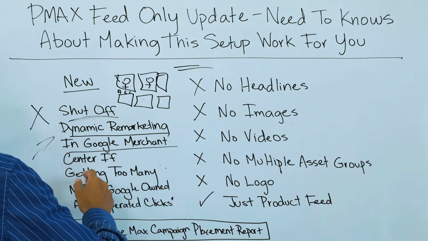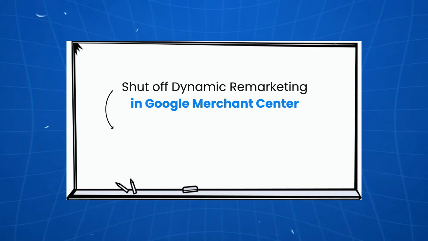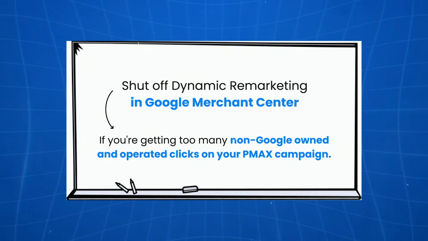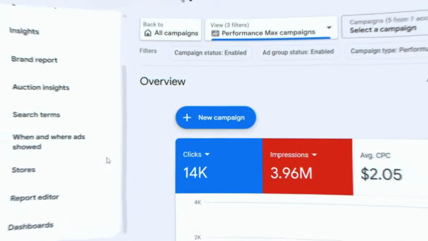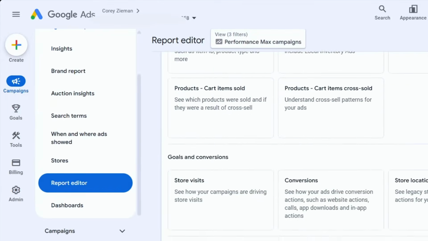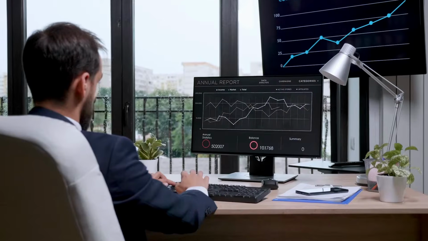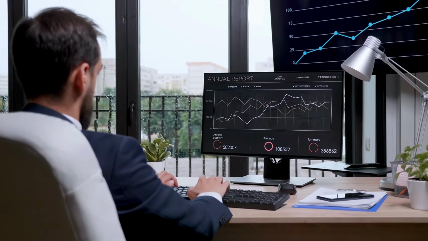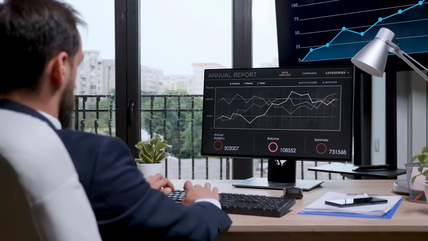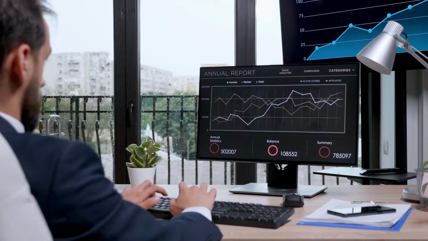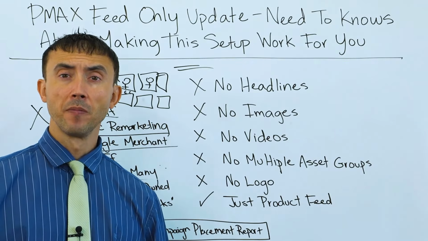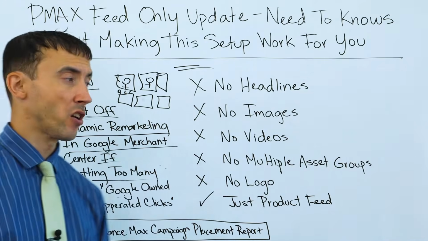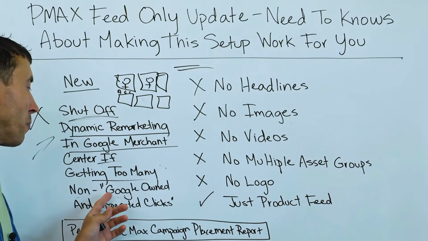But you want to certainly do this if you're getting too many non-Google owned and operated clicks on your PMAX campaign, which there's a report. If you go under reports on your PMAX campaign, you can actually see what percentage of your clicks are coming from outside of Google search, or should I say google.com. The ones that are coming from outside google.com itself mainly are going to show up as everything but Google owned and operated